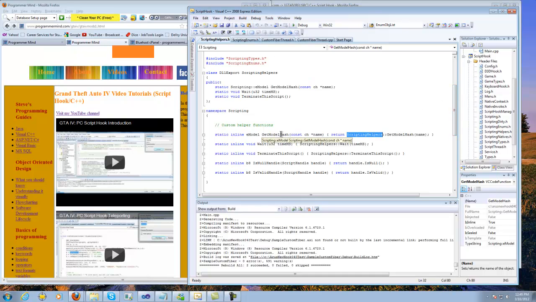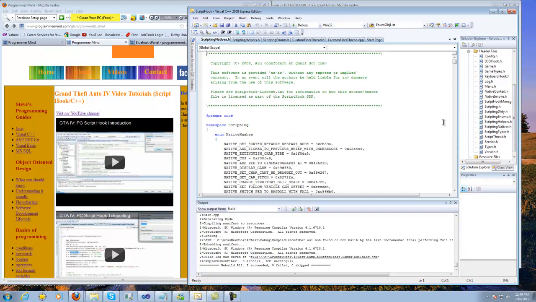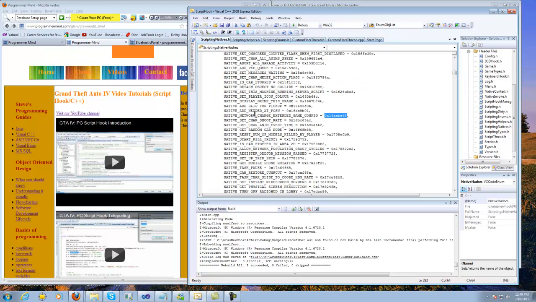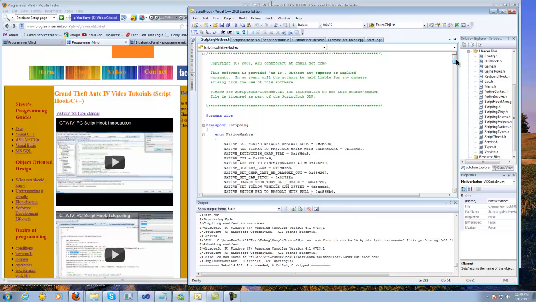I think it's in native names. Let me see if I can remember. It's scripting natives. Yeah, scripting natives here. And this shows you all the hash addresses where they find all these native names. Native names basically point to stuff you want to do in the game. If you look at these directly,